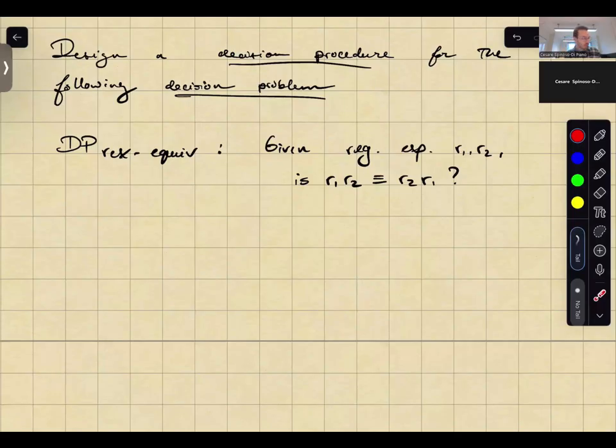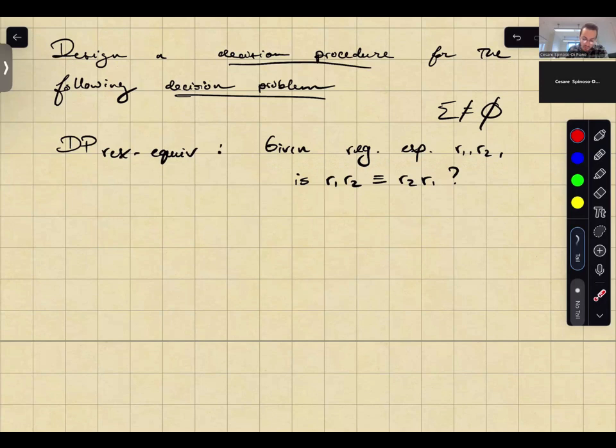Okay, hello everyone. So in this video, we'll be looking at an exercise where we're asked to design a decision procedure for a decision problem about regular languages. In this particular video, this decision problem is about regular expression equivalency, and in particular, it asks, given regular expressions r1 and r2, where we have these regular expressions defined over some non-empty alphabet,